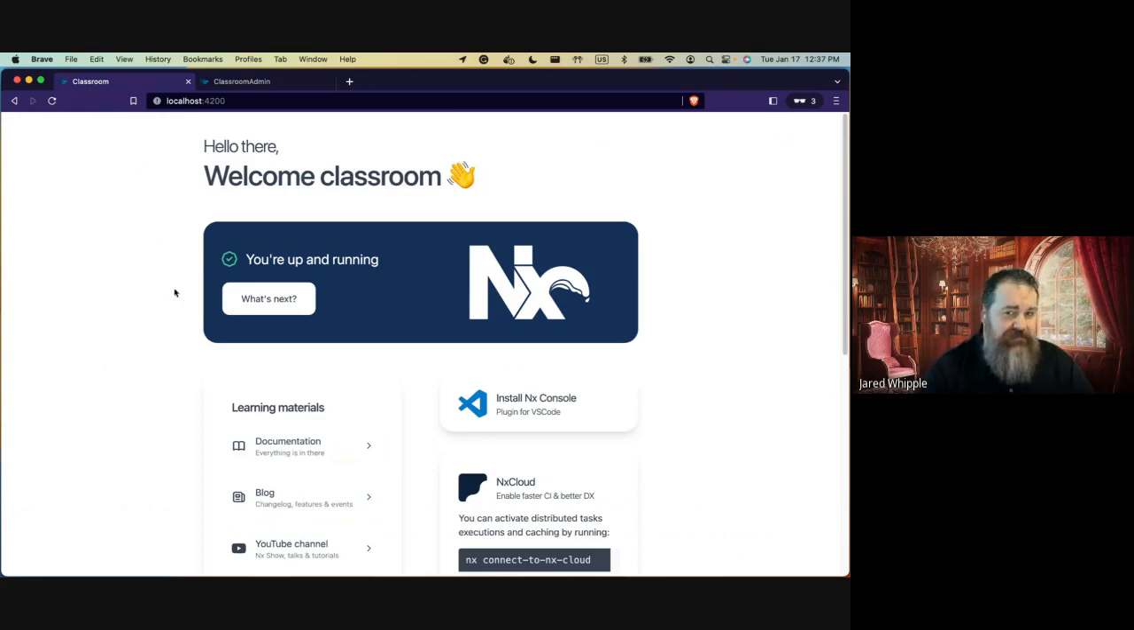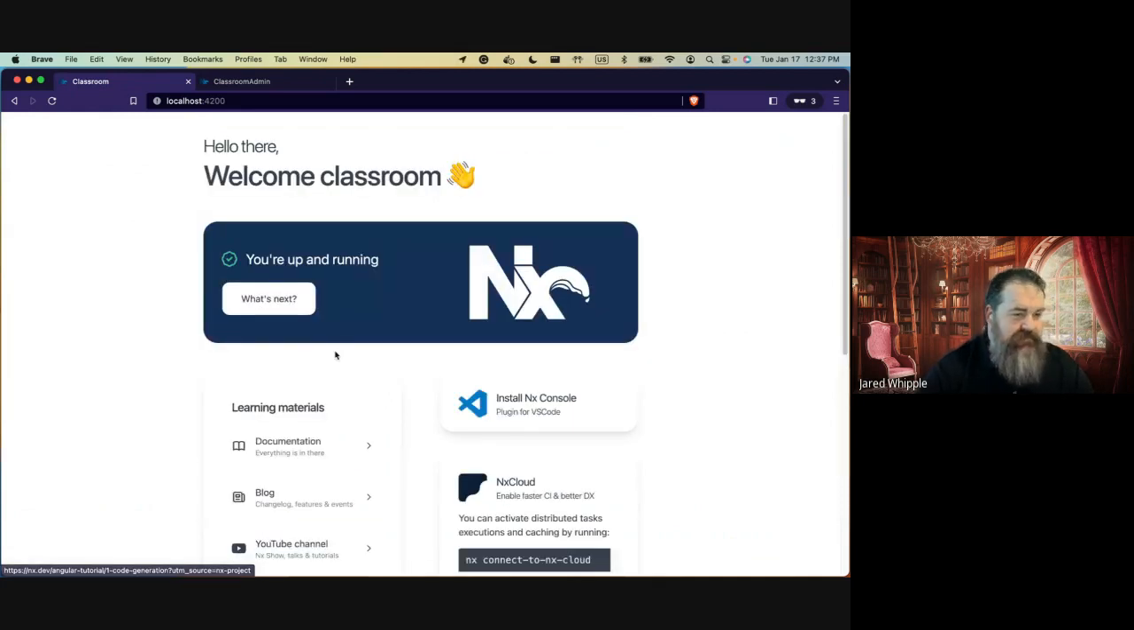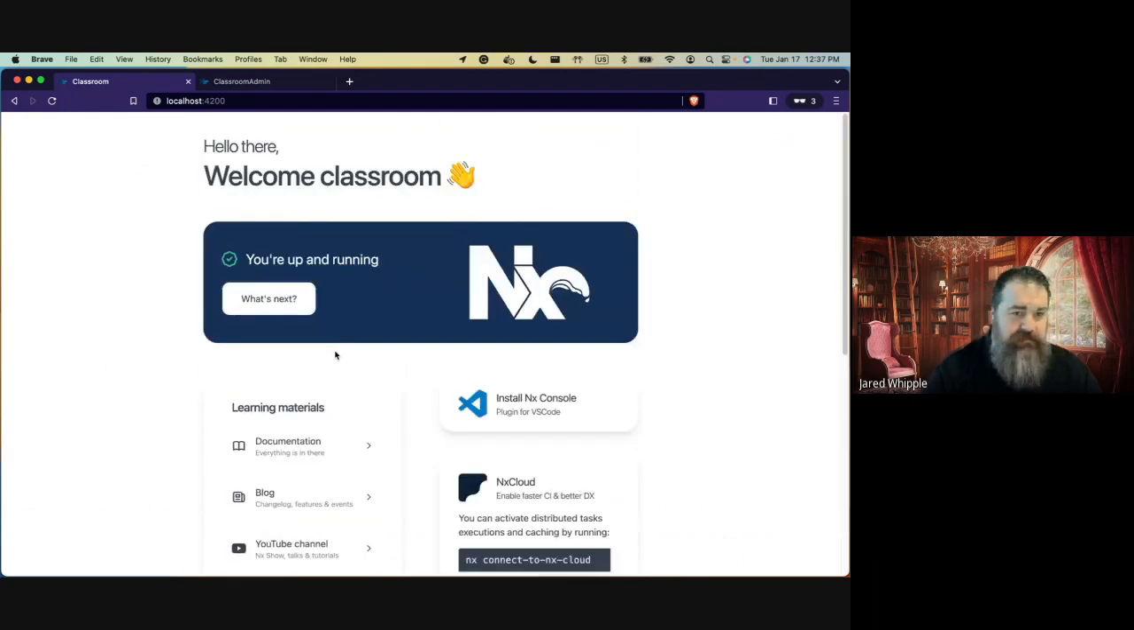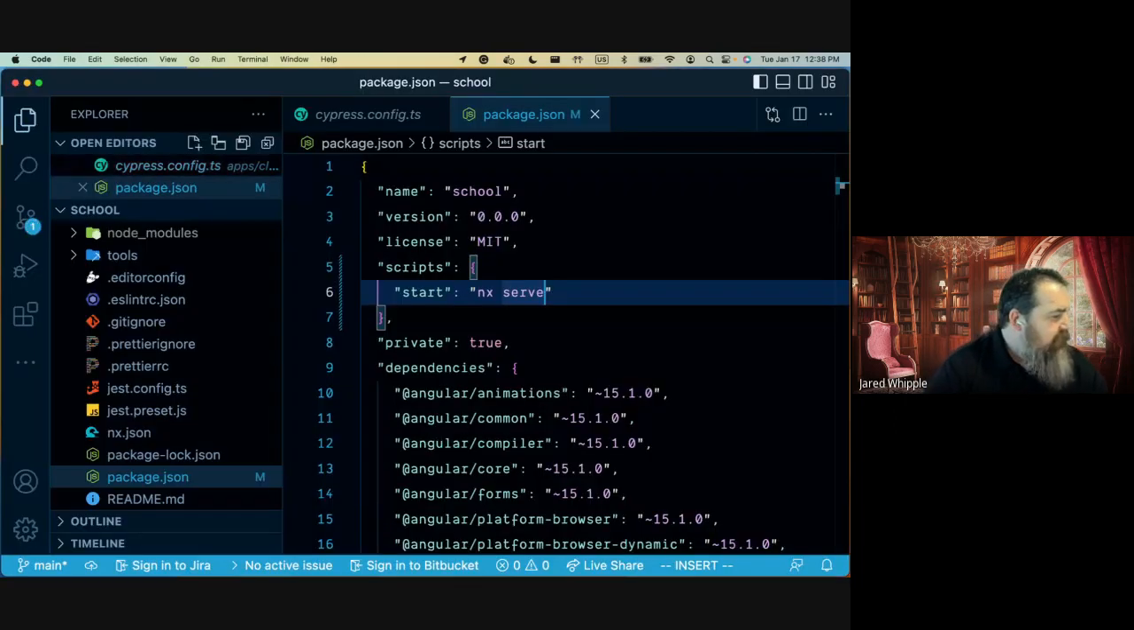So this is just the basic same thing you get when you start an Angular app with the CLI, just a welcome screen basically. That's not what I want. So one of the things that I have here,